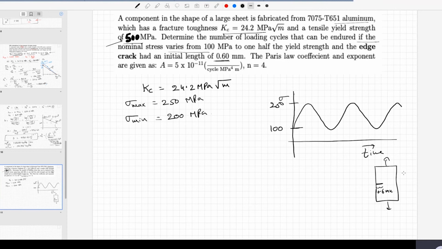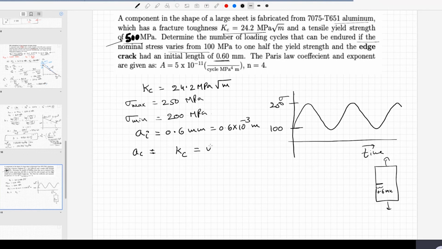How many cycles of this loading can be applied on this specimen before it actually fractures? Of course, we are assuming that everything is linear elastic. So everything is in the elastic fracture mechanics. There is no plasticity whatsoever. Okay. So your initial crack length is 0.6 mm, or that is equal to 0.6 into 10 power minus 3 meters. Everything I am keeping in meters so as to keep things consistent in terms of units. So the final crack length, what would be the crack length at which it actually fails? The critical crack length at which it fails can be found by knowing the relation